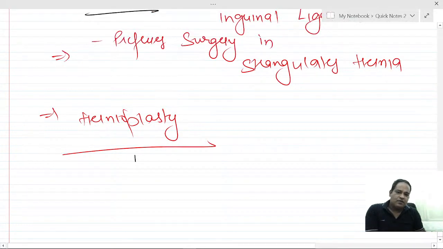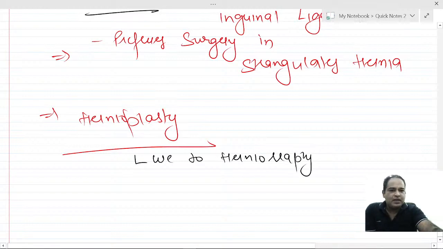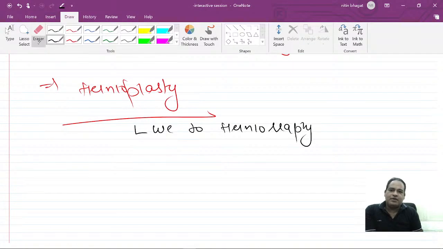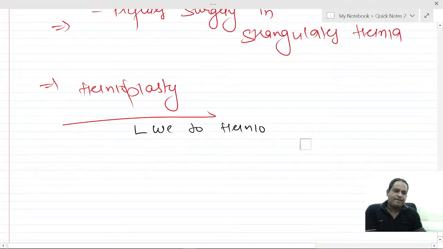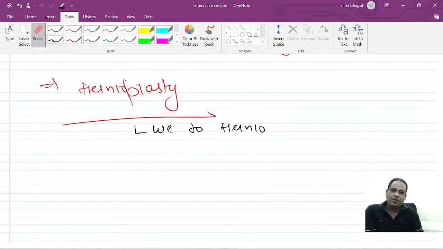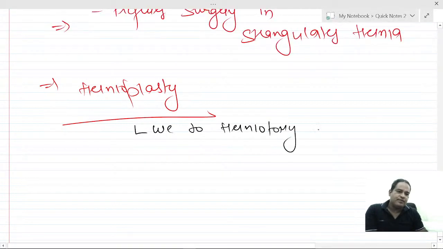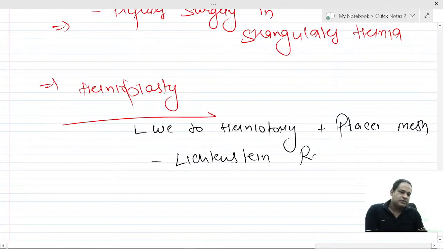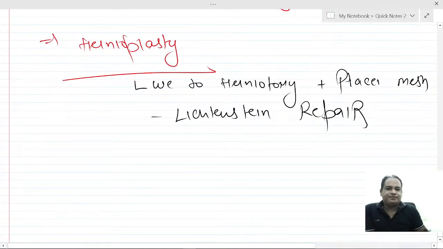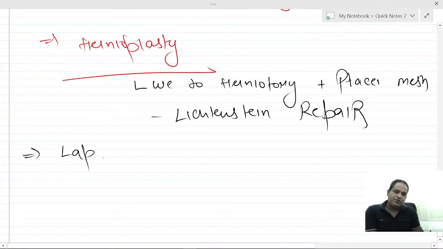We do herniotomy plus place a mesh. Fine. So this is known as Lichtenstein repair. We can also do